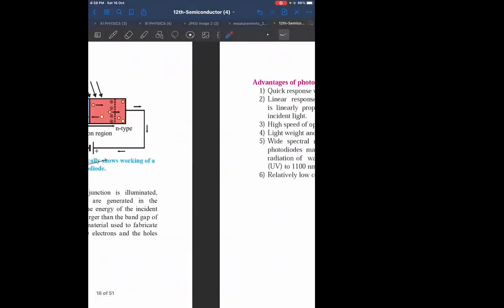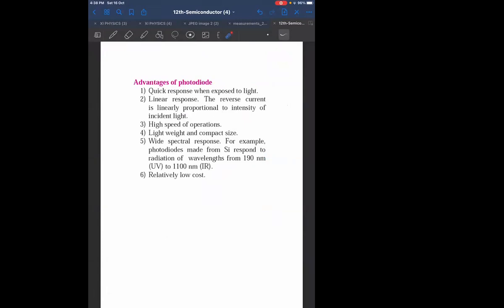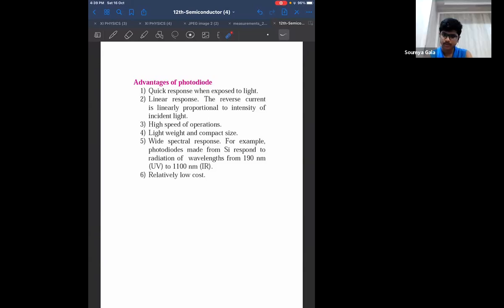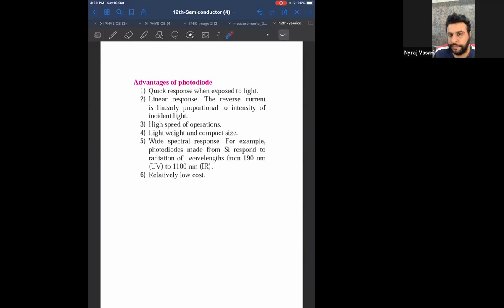Sir, the source of current in this diode will be the sun rays, na? The source of current will be the rays. Correct. And the more the rays, the more current. I hope you understood how. Because more intensity, more energy, more current. Less intensity, less energy, less current. And no light, no current. And it uses this current for itself only, na? Yes, it uses its current for itself only. Finish writing this much?